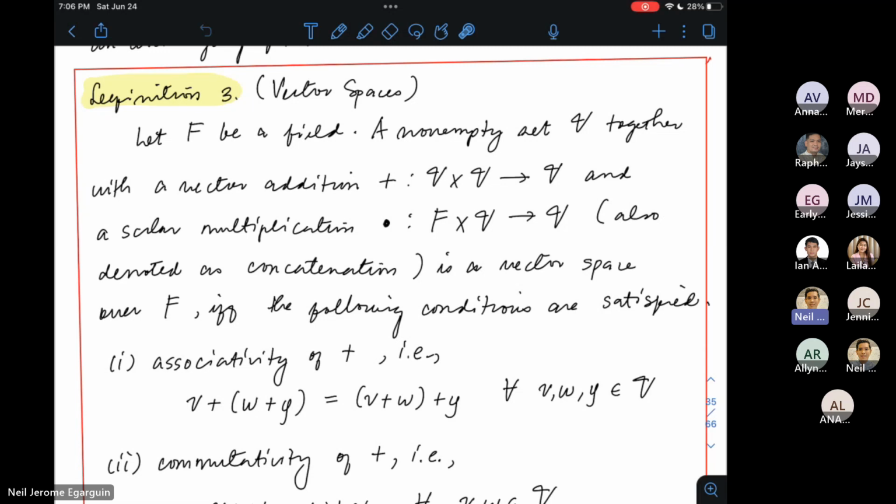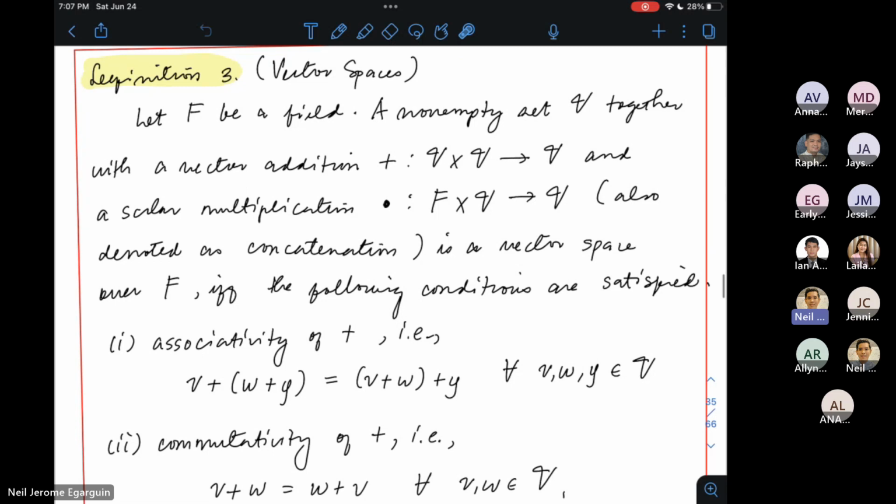Now, I cannot start the discussion of a vector space without talking about fields. Because the fields will be the scalars in our vector space. Right? And now, I think this is a good time for us to look at the definition of a vector space. And that is definition number 3 in the module. All right? So let's look at definition number 3. I hope you can see my screen. Flashed is the definition 3 for vector spaces.